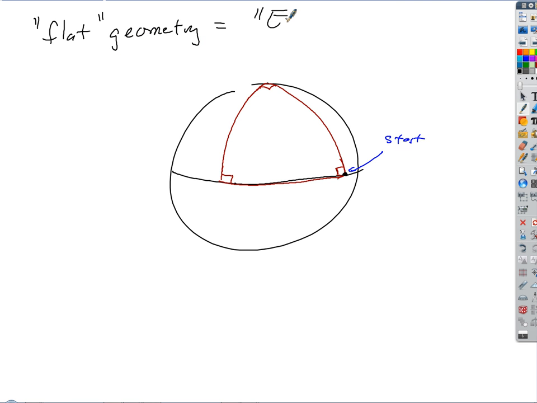And the term we use for that, flat, works, that makes sense, but we also say Euclidean, because Euclid was a geometer going way back to long ago, and he's the guy that originally developed a lot of the stuff that we're learning right now. So all the things that we're learning, and I think I even said this at the beginning of the year, you've got to take it a little bit with a grain of salt, because it's all pretty heavily constrained. All the stuff we're learning only applies on a flat surface.